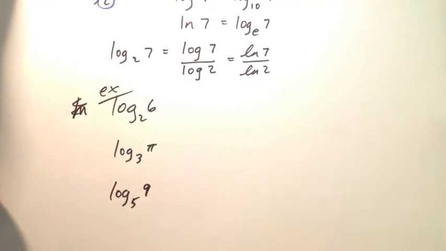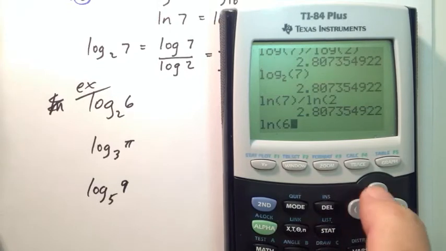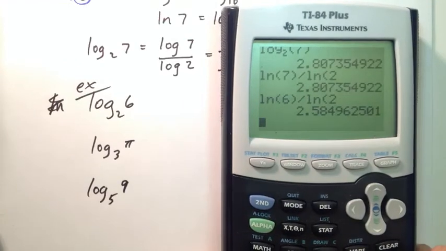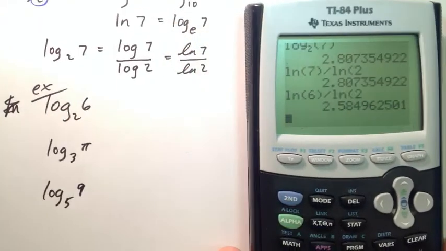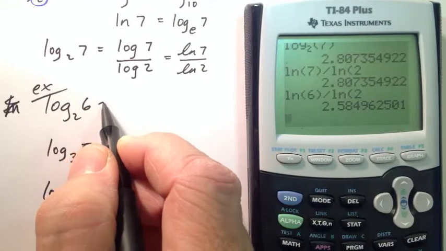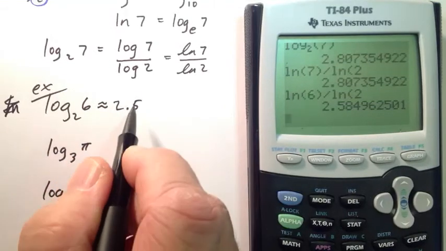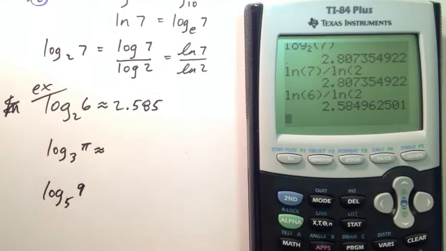There you go. So log base 2 of 6, ln of 6 divided by, now be careful there, you need to make sure you put the parentheses in, divided by ln of 2, and you should have gotten 2.585. So nothing is very exciting once you learn the change of base formula. It's just that's how you do it. 2.585. Okay, put in approximately equal to